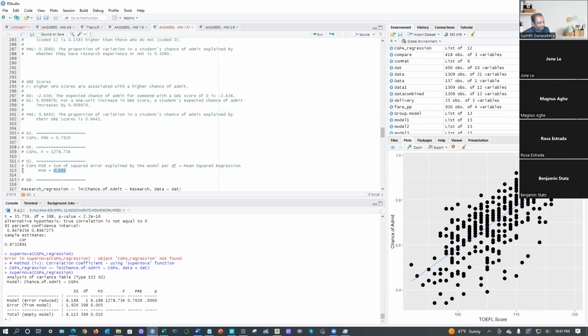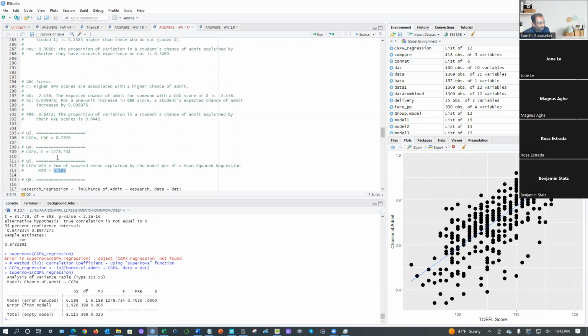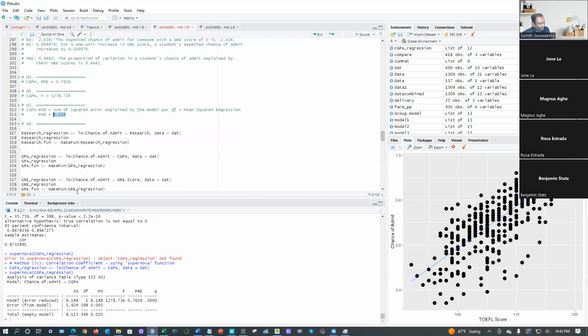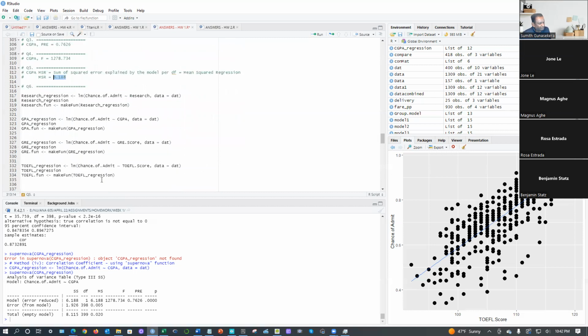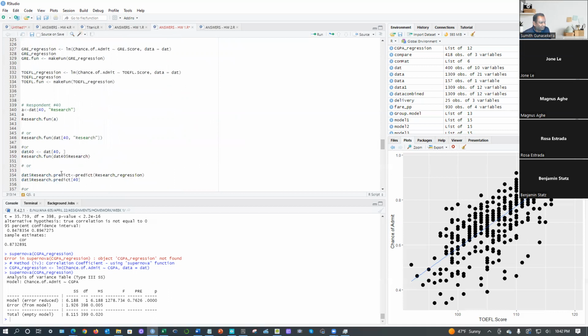Okay, in which model? The best model. You go to the best model. You can check, out of all these, which model has the highest value for this one. All this is consistency, CGPA. Then go to the CGPA, look at this one and explain it. Later on, we're going to make a function and even check whether a particular person is admitted or not. We can check that too.